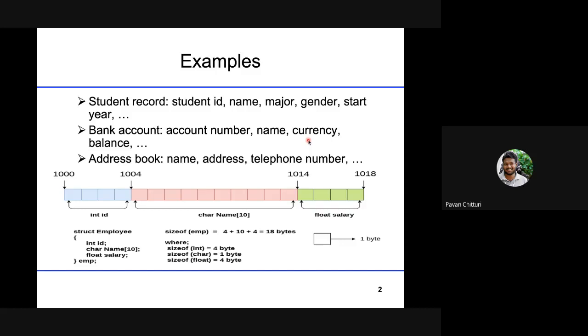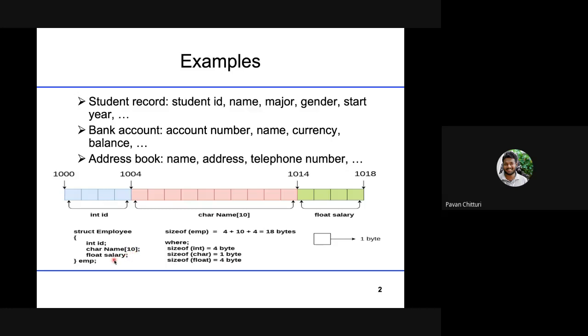N number of fields you can maintain according to your problem, whatever is required, we have to make the structure. So here, if you take the example of employee, struct employee, I have my ID 25064, my employee ID, my name, which is a character array, PAVAN, and my salary.